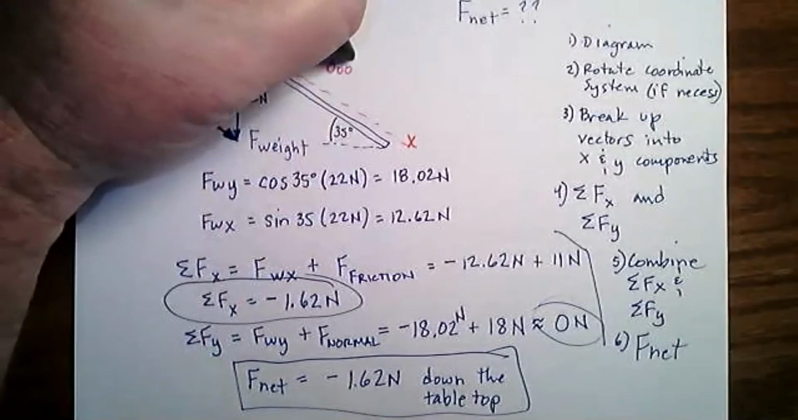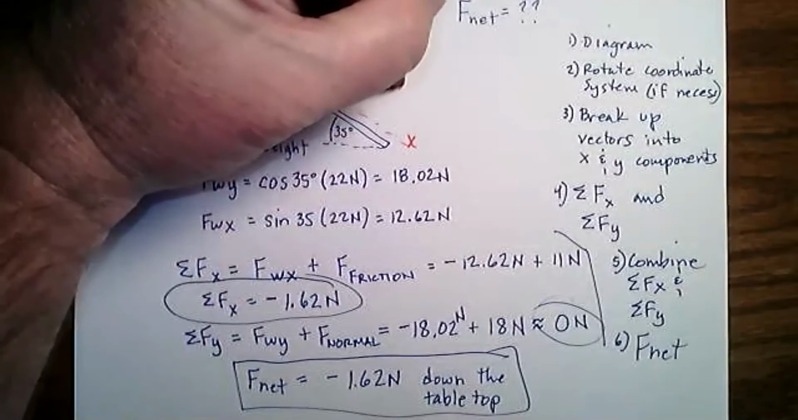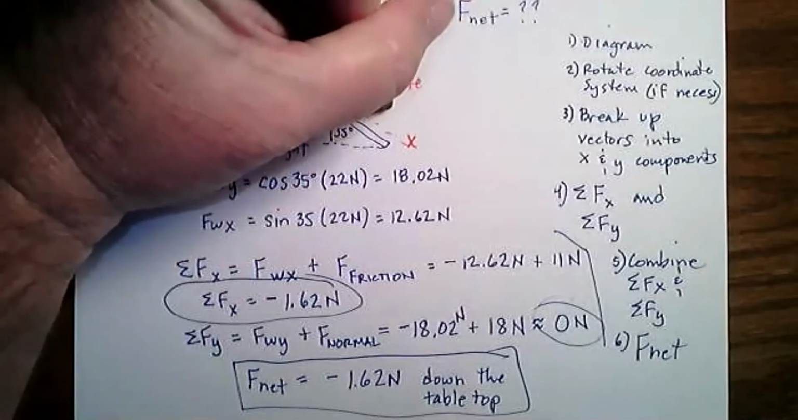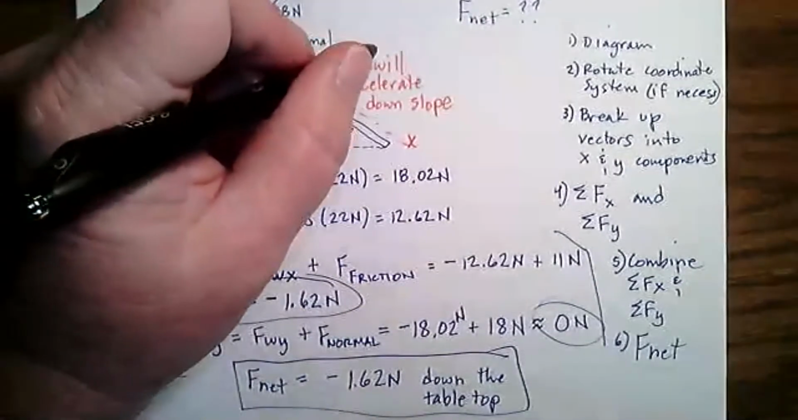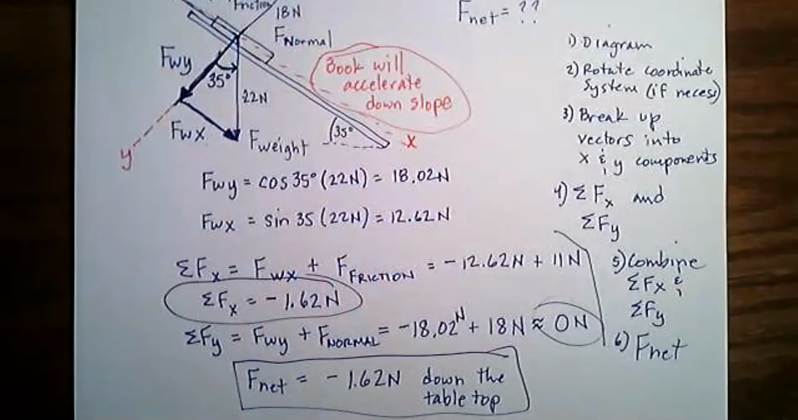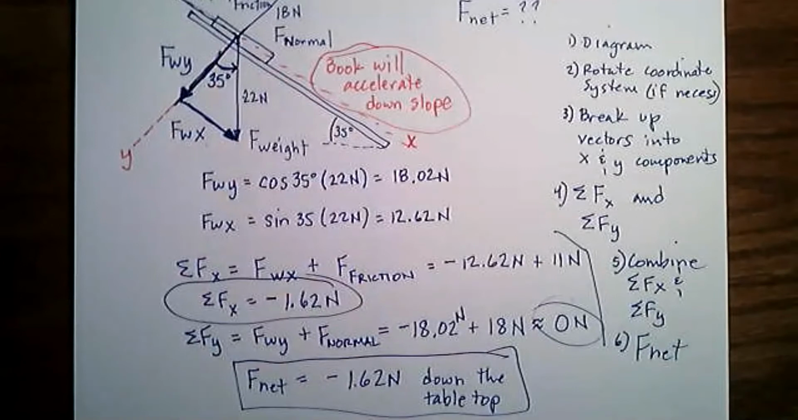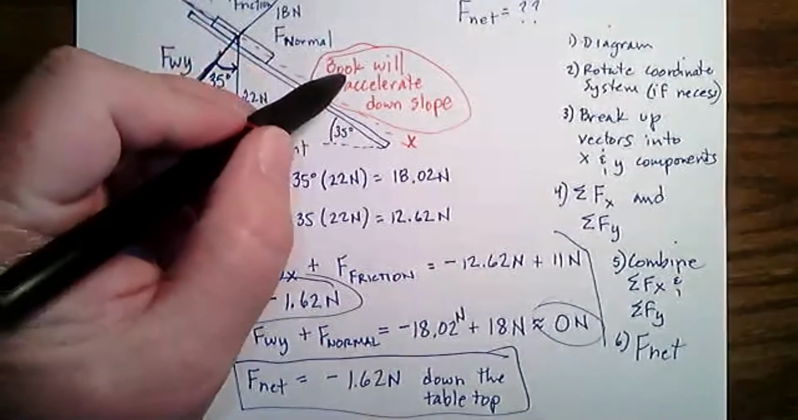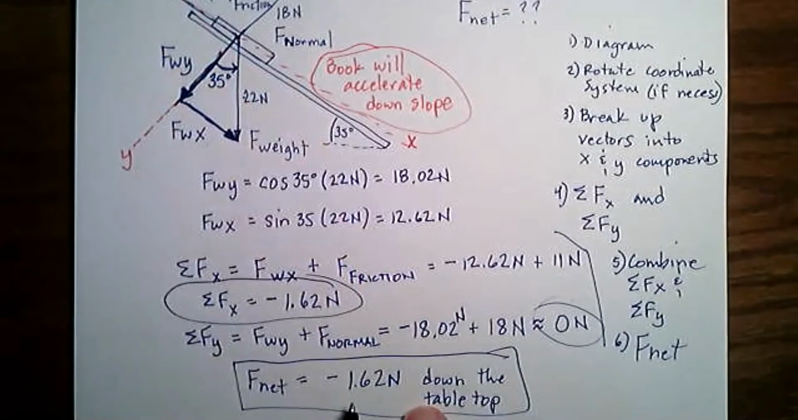So I'm going to say the book will accelerate downslope. The book's going to accelerate downslope. That's going to be what happens. Now, this doesn't have anything to do with this question. I'm pretty much done with this example, but think about this. If this book's going to accelerate downslope, I'm going to introduce to you guys in the next day or two,